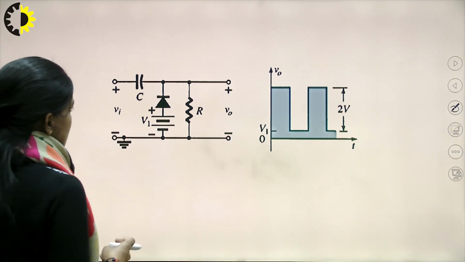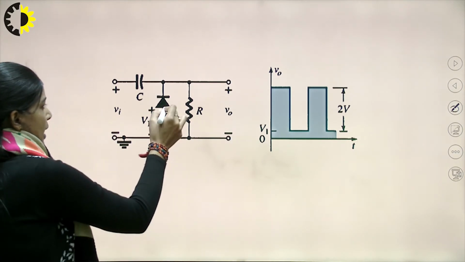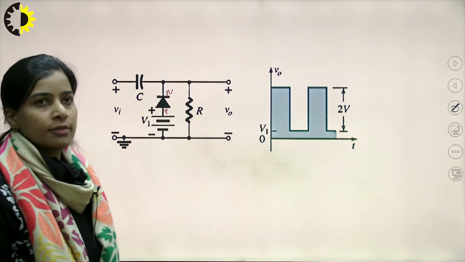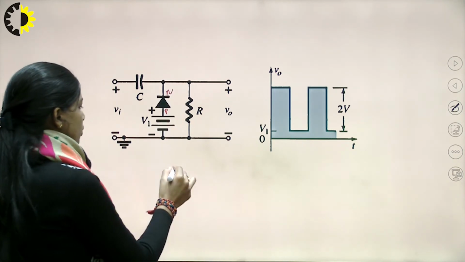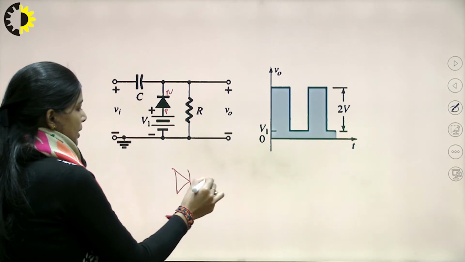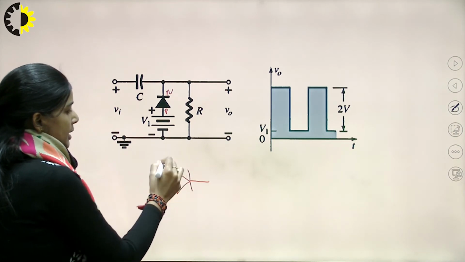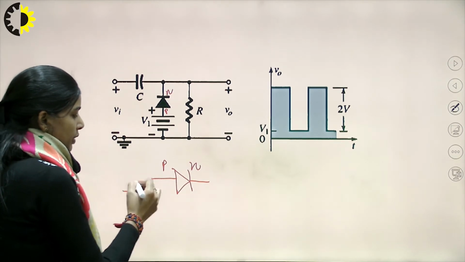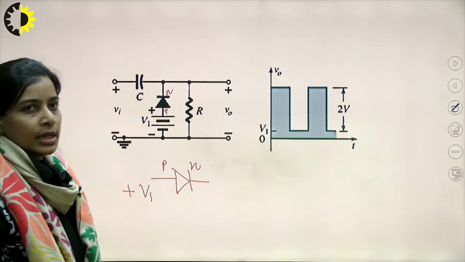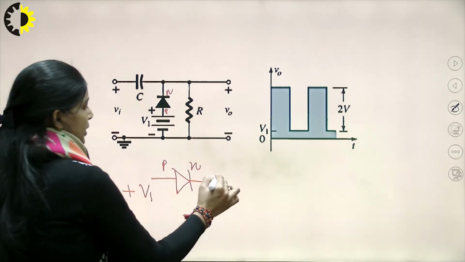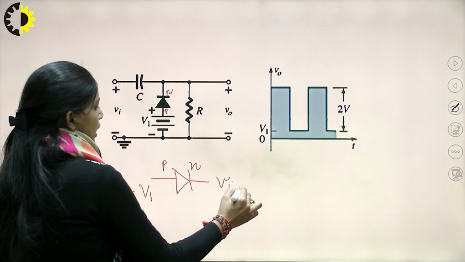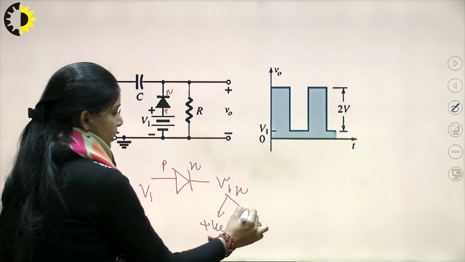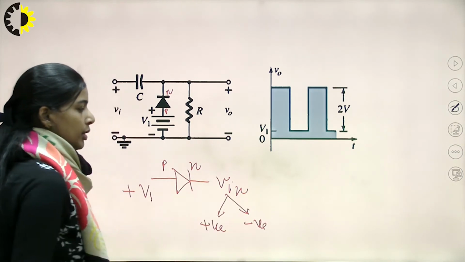This is the circuit with the reverse polarity of the diode with positive biasing, in which the P side of the diode is connected to positive V1. So, P is always connected to positive V1. At the N side we have input voltage that could be a positive input and a negative input.